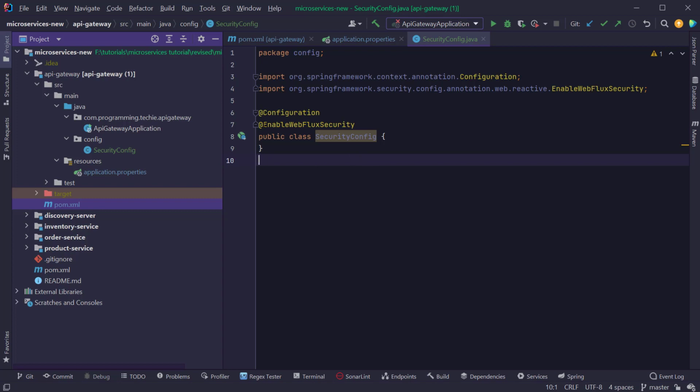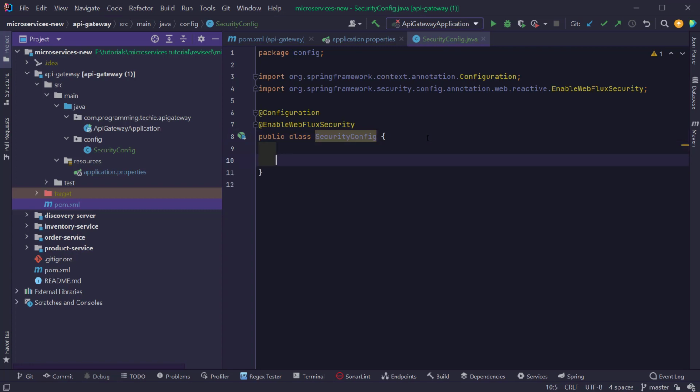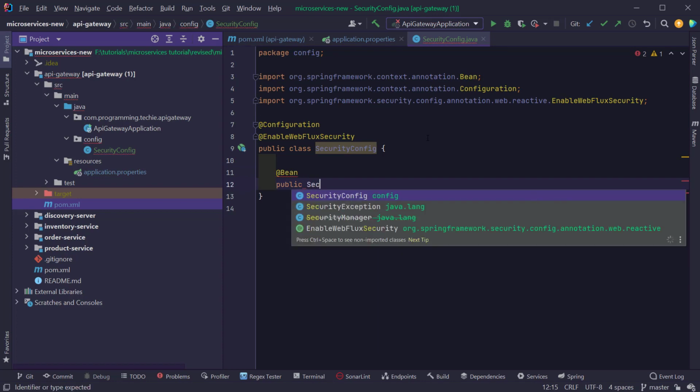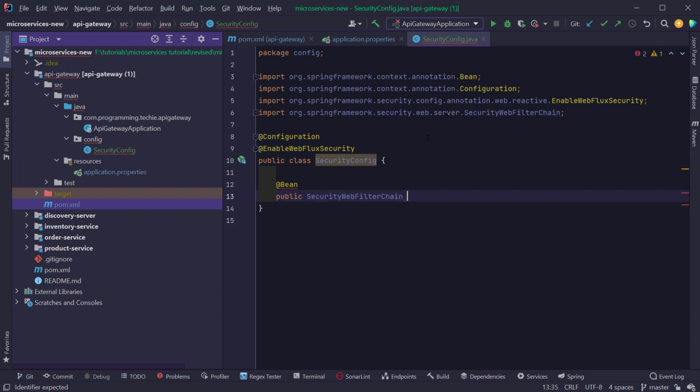So that's why we need the EnableWebFluxSecurity annotation here. The next thing I'm going to do is create a bean inside the security configuration class called Spring Security Filter Chain. For that, I'm going to create a bean of type SecurityWebFilterChain, and I'm going to type in springSecurityFilterChain,